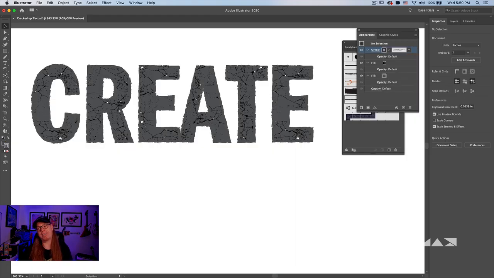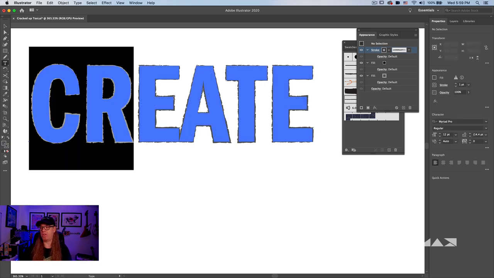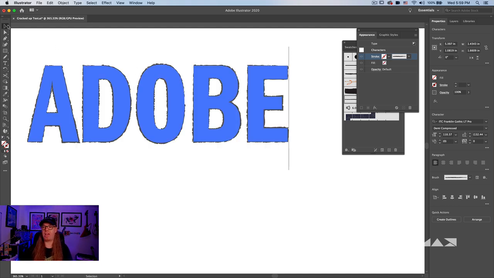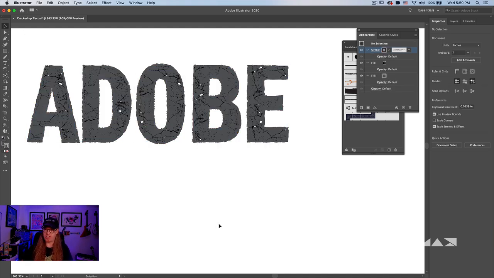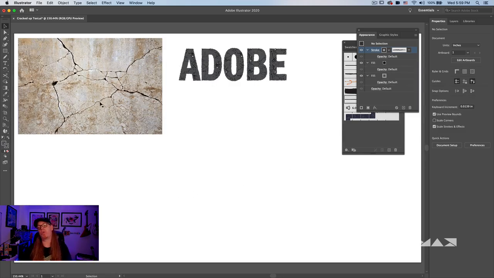So here's our last example, and this is a different approach yet again. You can see I've got some weathered text here, but this is still editable type. If I went in here and typed a different word completely and clicked off of that, you would see it still has this distress texture and also some edging on it. So how do we get there? Well, it's a pretty simple process.